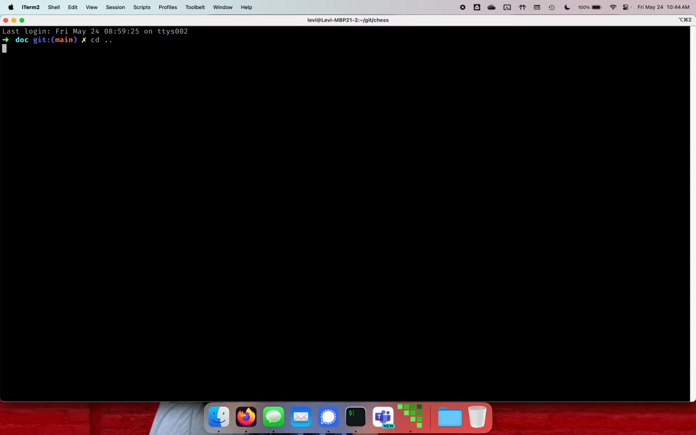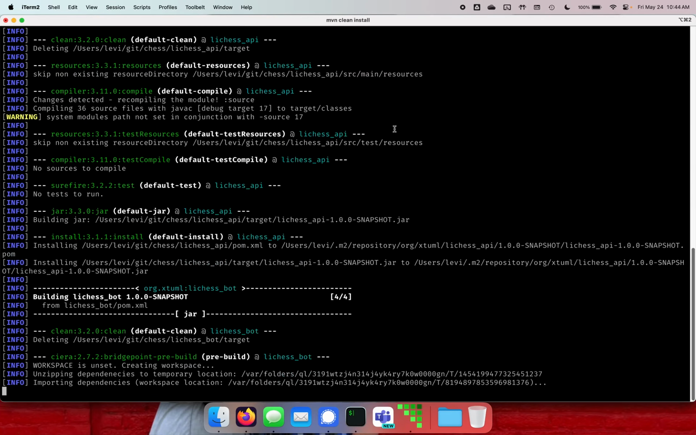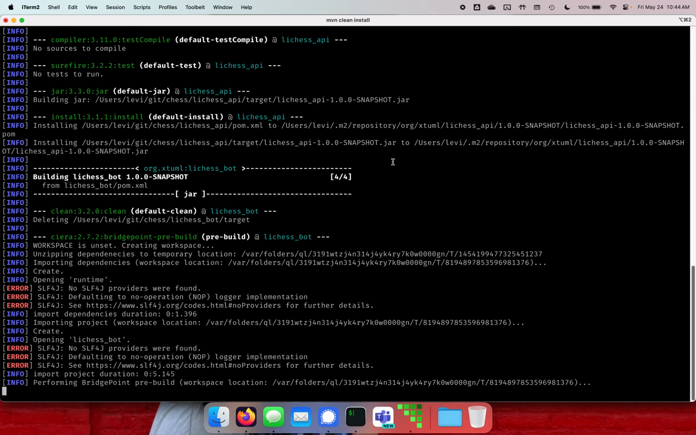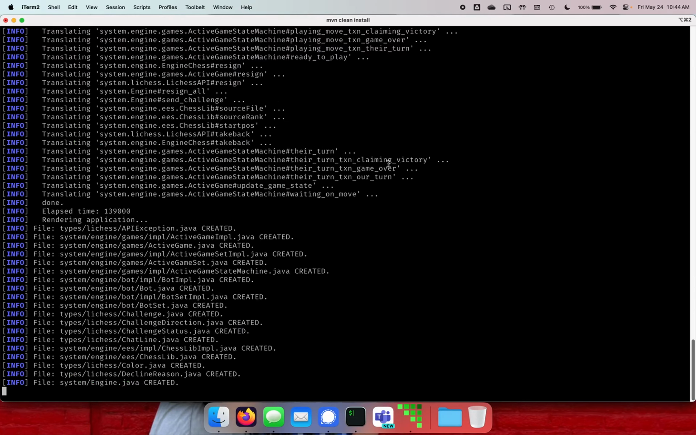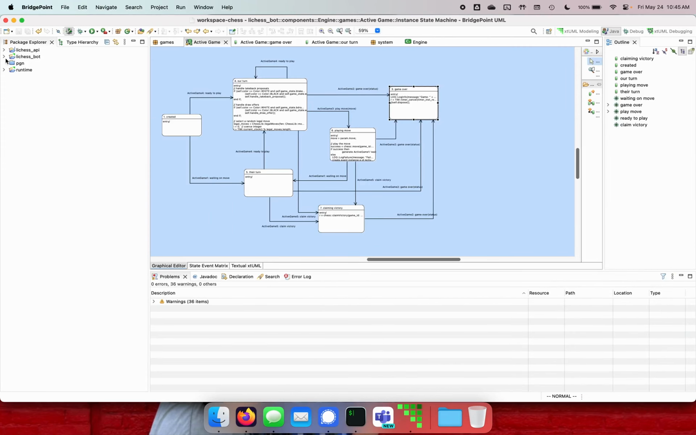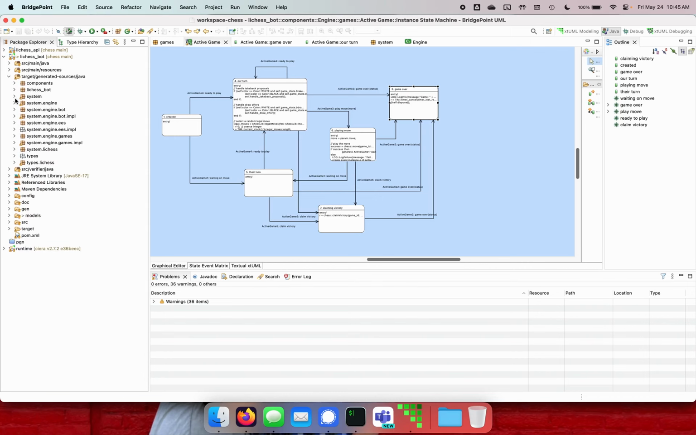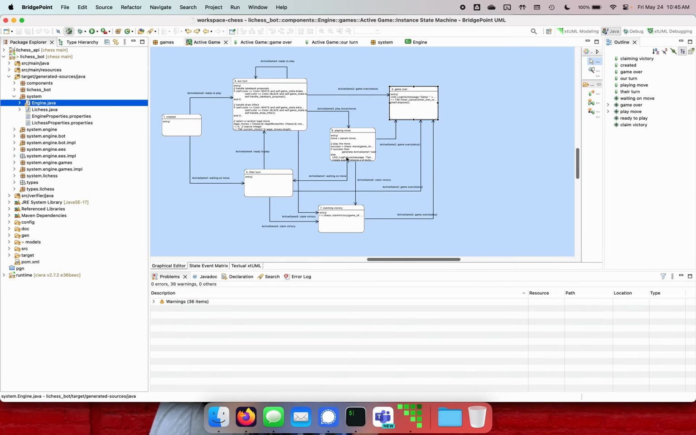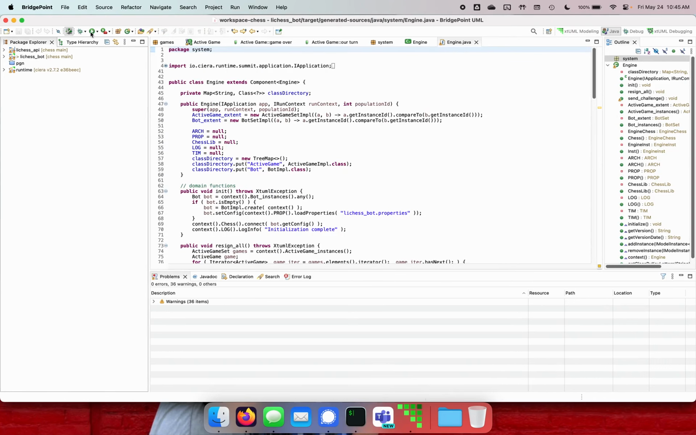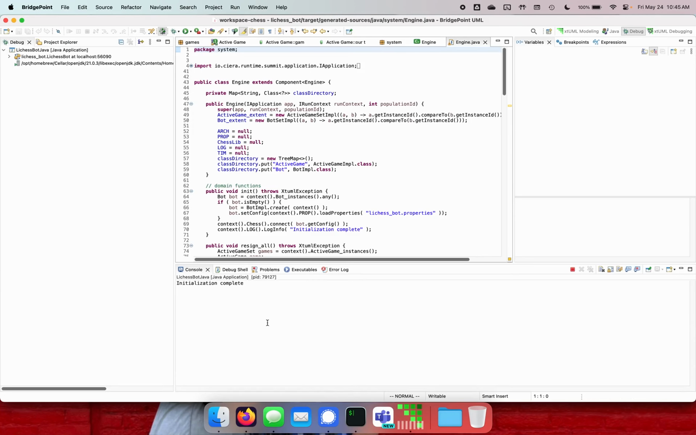And if I go to the root of the repository, I can generate code for this project. Okay, then head back to Bridgepoint, and in the Java view, I can see my generated code here for the application. This is the generated Java code, and I can run my Java application, and it has